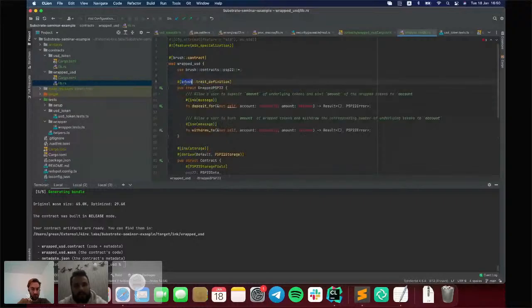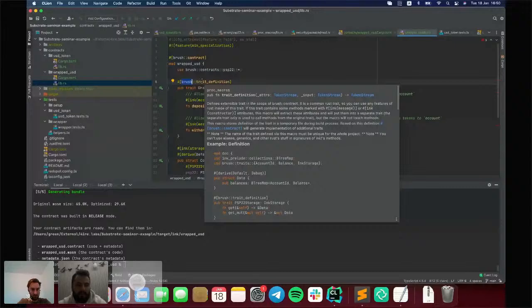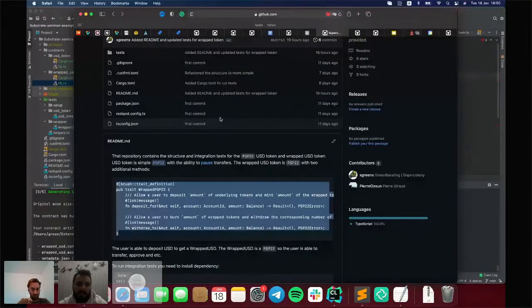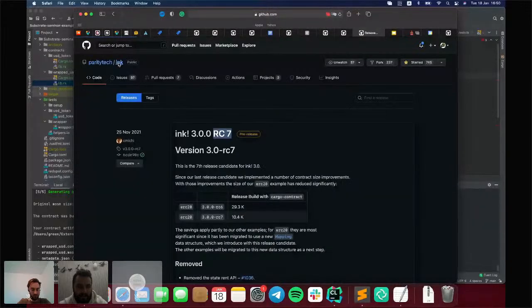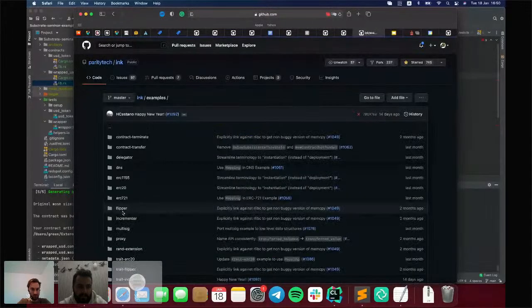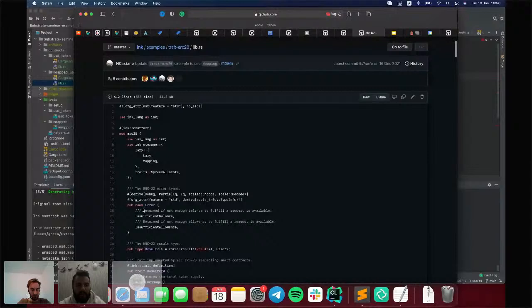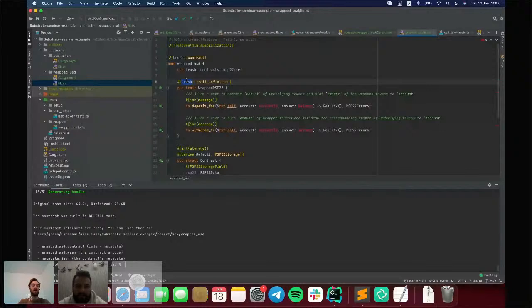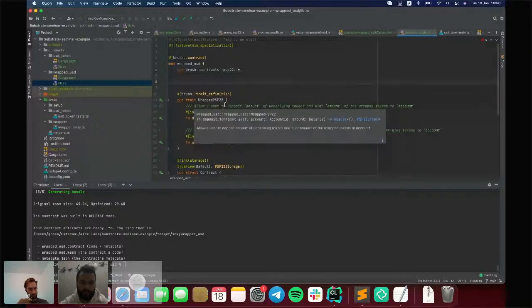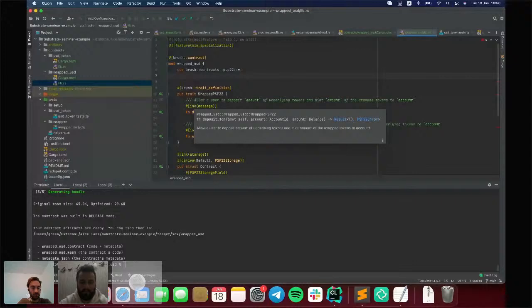It uses Brush. We are using the Brush trait definition, and Ink also provides its own Ink trait definition. Under the hood, we are using the Ink trait definition, but we are also adding some additional stuff which can improve user experience. So, for example, OpenBrush provides a wrapper.